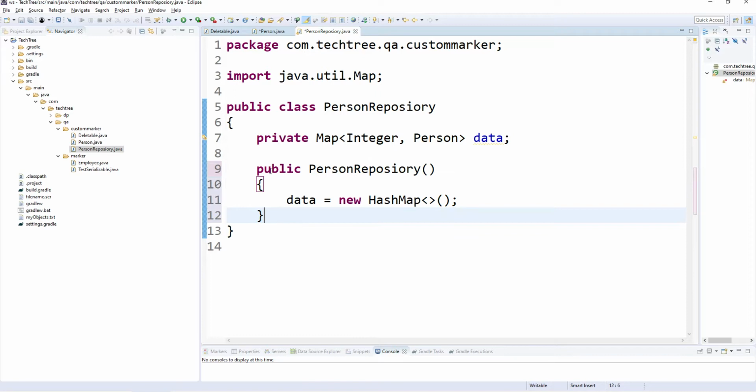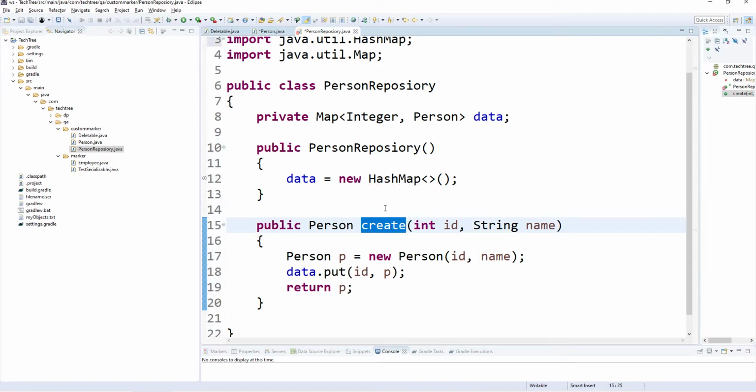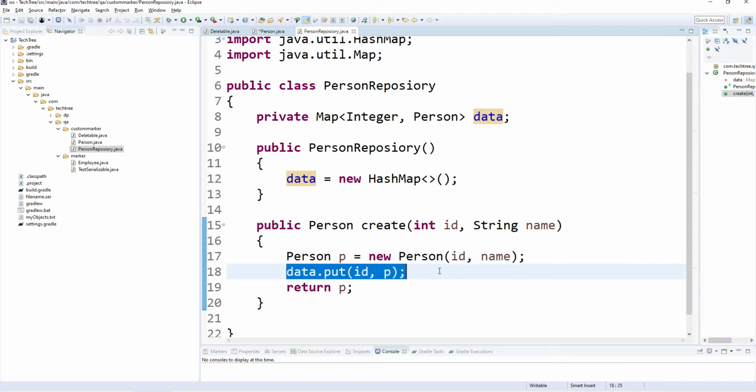Let's create a constructor. In the repository let's define a create method. The create method creates the person object and puts it in the HashMap. We can also put this object in a database; you just need to change this code.